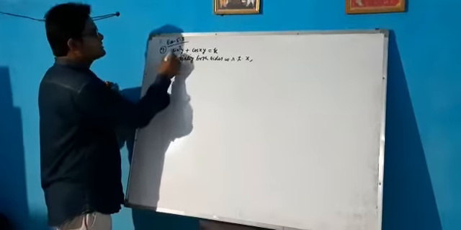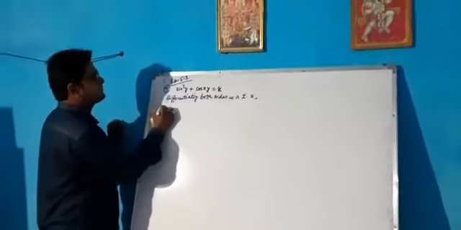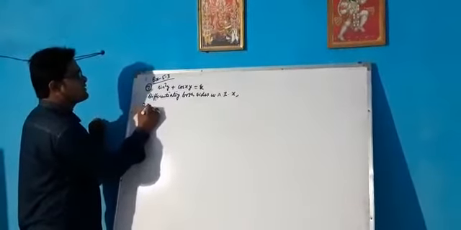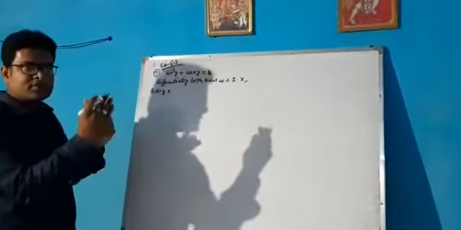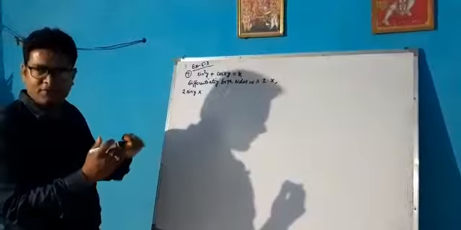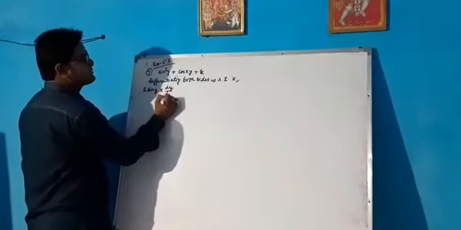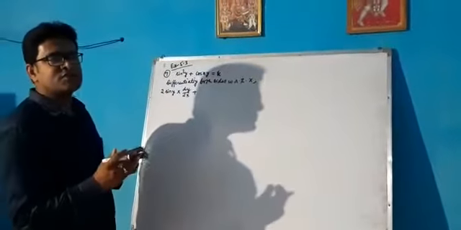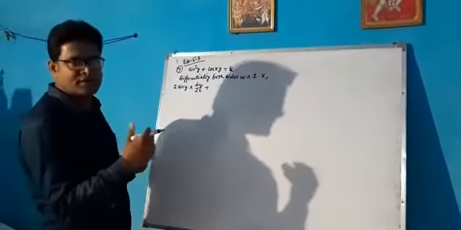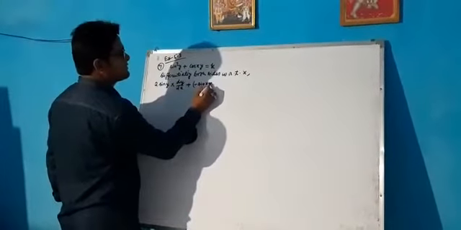So it is sin square y. Derivative of sin square y is 2 sin y. Try to understand: derivative of sin square y with respect to sin y is 2 sin y. Then derivative of y with respect to x is dy by dx. Plus, then cos xy. Derivative of cos xy with respect to xy is minus sin xy. So it is minus sin xy.